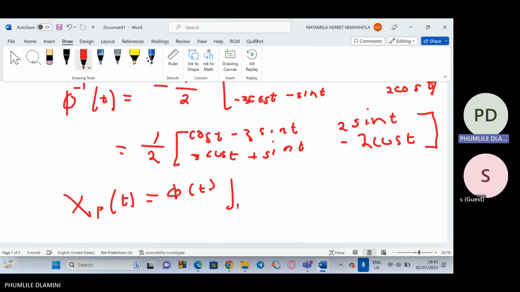So now when we rewrite it back, it's going to be up to t. Then we're going to substitute this matrix that we just got here. When we substitute this matrix, you will see that it's going to be 1 over 2